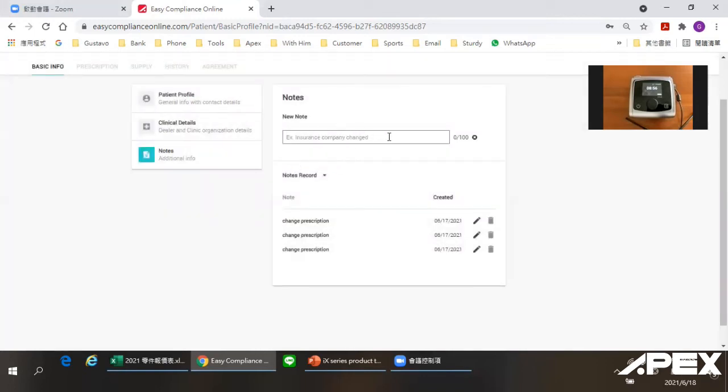For example, if there's a change in prescription,